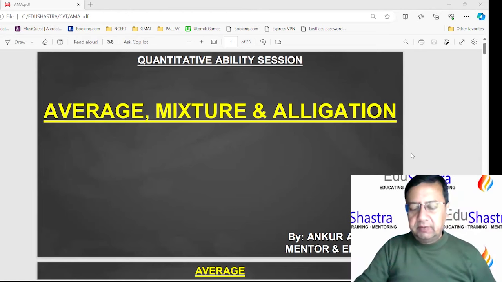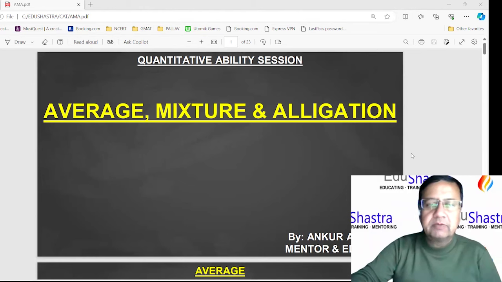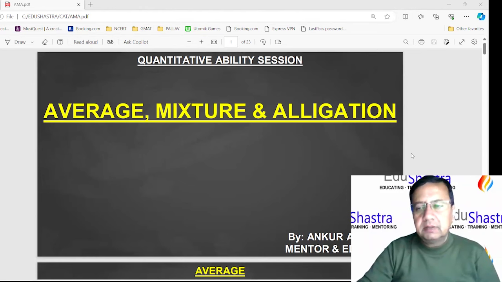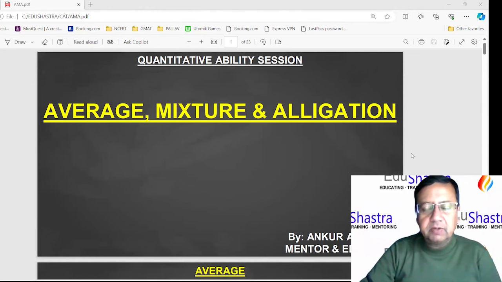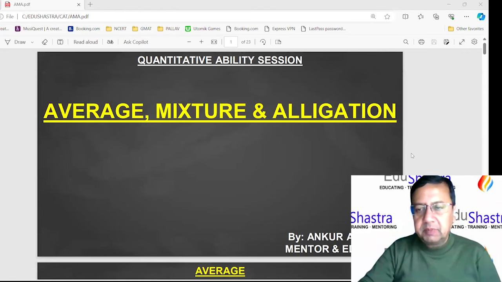So now we are having this one topic, which is the average, mixtures, and alligation. I suppose you can recall that we have discussed the average part, and we have three different averages: arithmetic mean or arithmetic average, geometric mean or geometric average, and harmonic mean or harmonic average. Right. And the most simple and the most common is the arithmetic mean or the arithmetic average, which we use